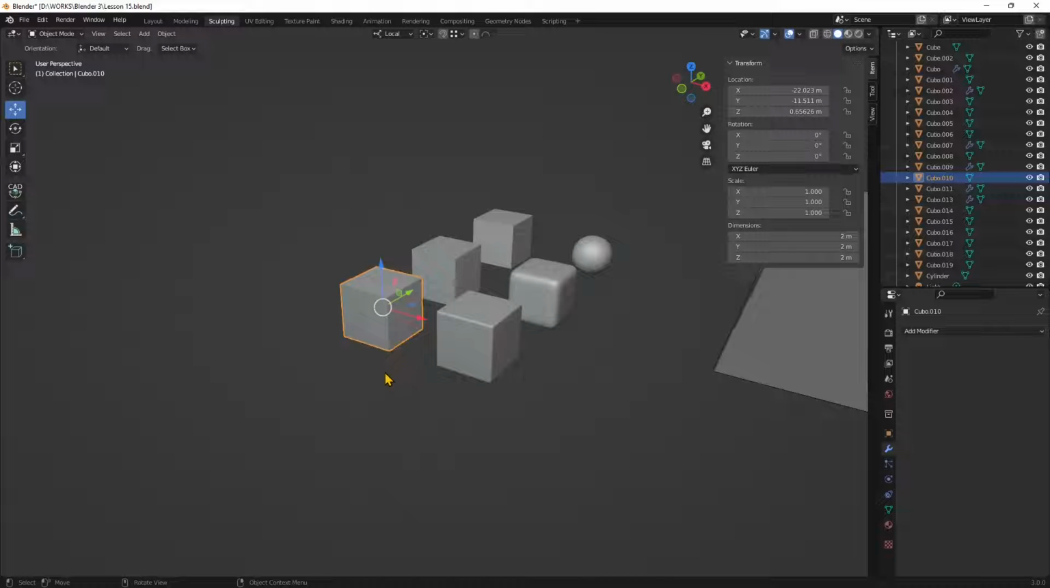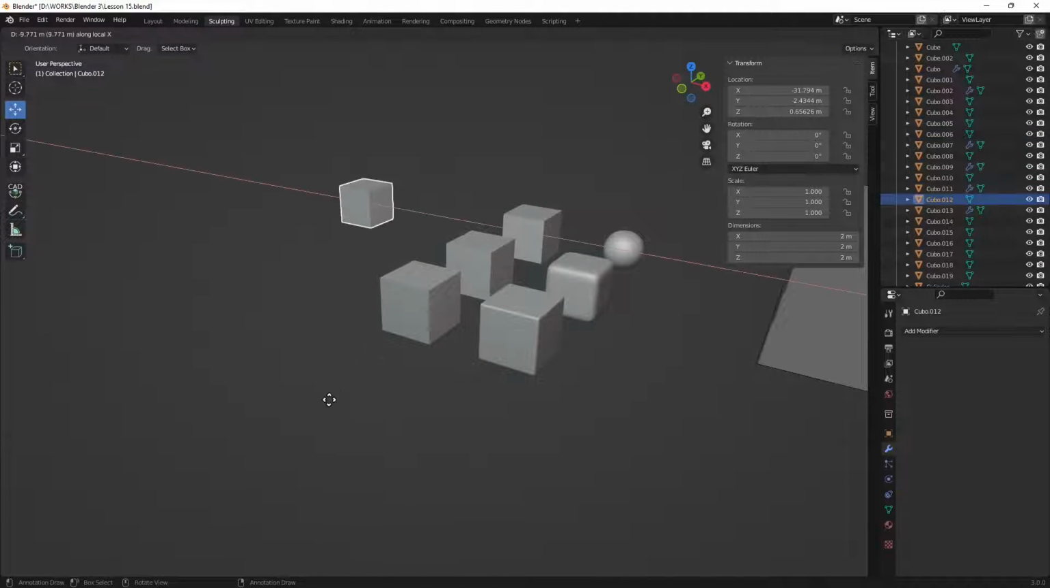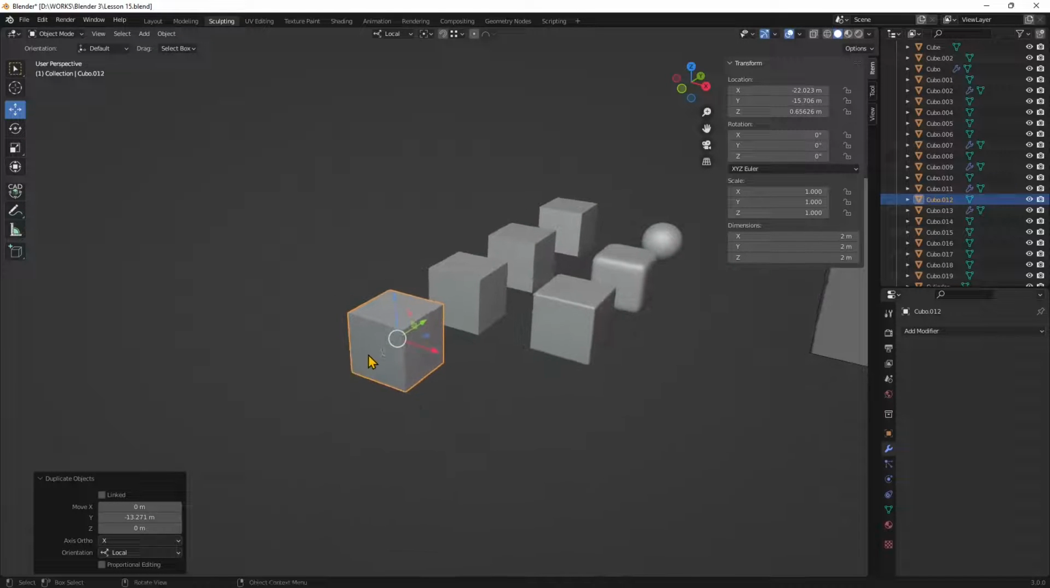So how do you do that? Well, let me again copy this first one here and bring it in the front. So in this case, what I would do